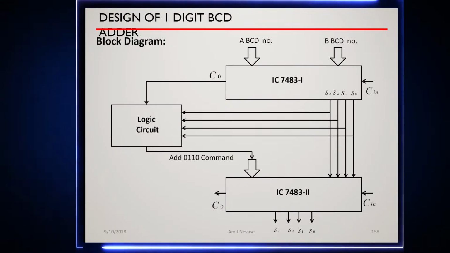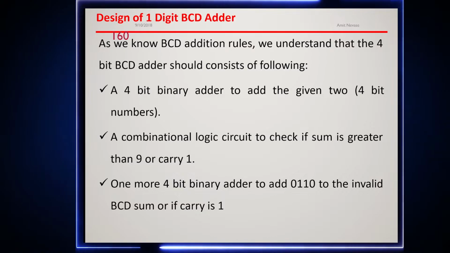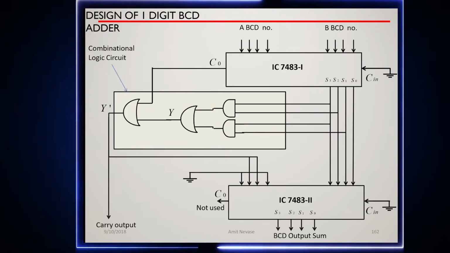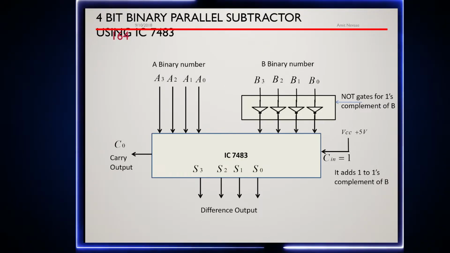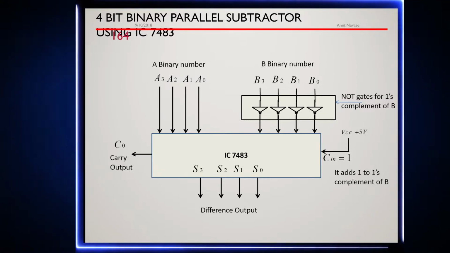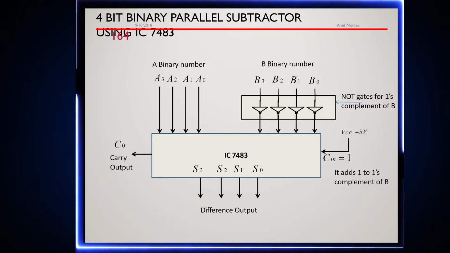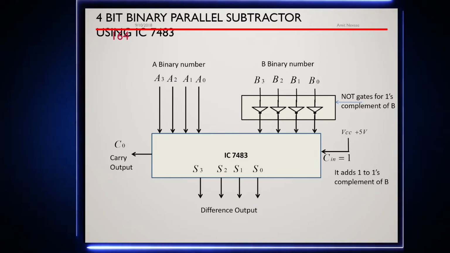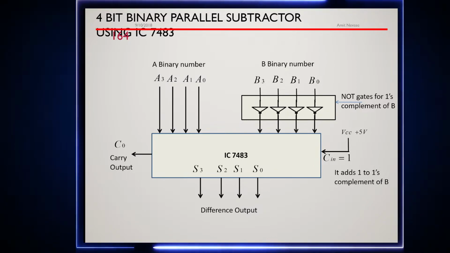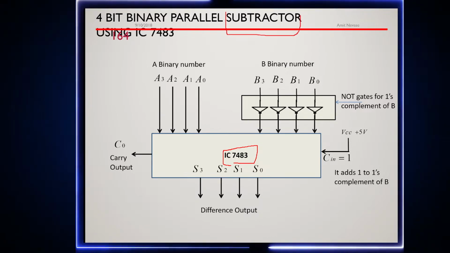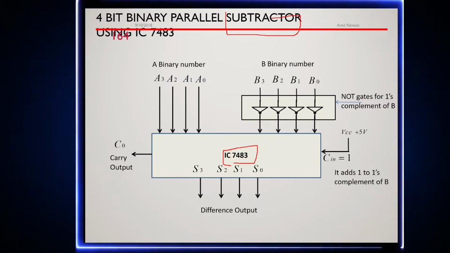Okay. Now next, moving on, is a BCD. But before moving on to the BCD, let's first look at a 4-bit binary parallel subtractor. See, in the binary subtractor, we will be using the 7483 IC itself to do the subtraction operation, but the difference would be